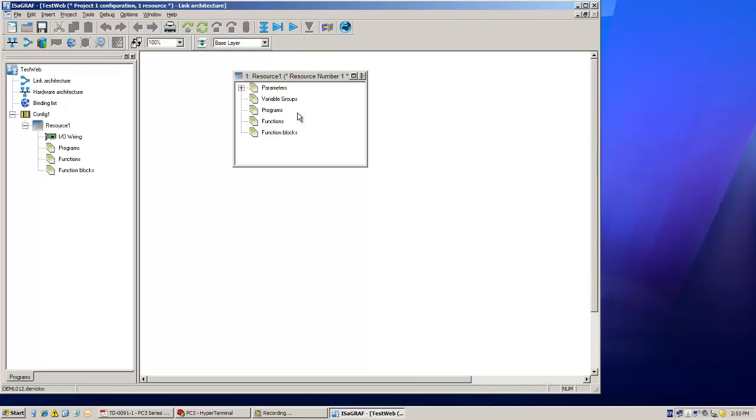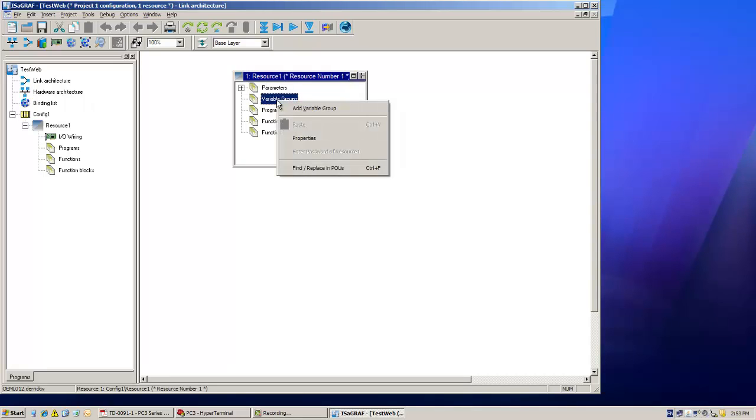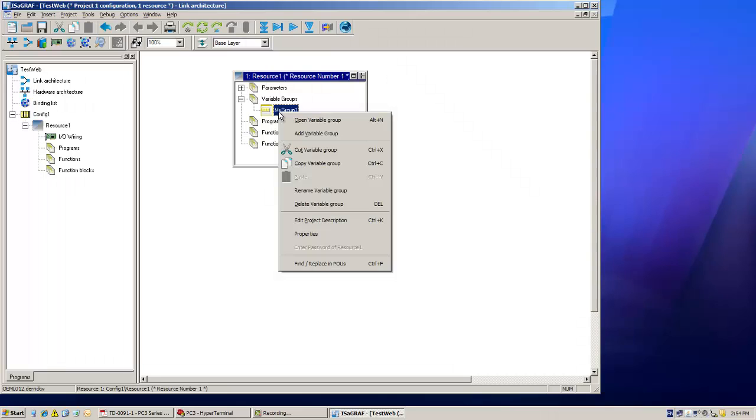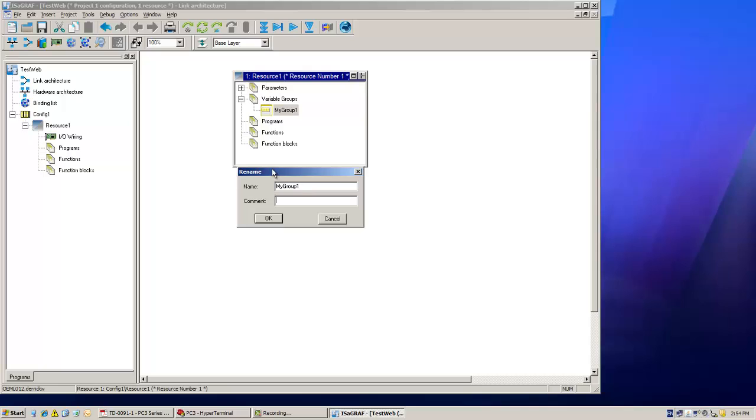Under the link architecture view, we will see our resource 1 as a variable groups item. Variable groups are the way that information is organized in the PC3 web interface. If we add a variable group, we'll call this my group 1. If we now right click that variable group and select rename variable group, it allows us to enter a comment